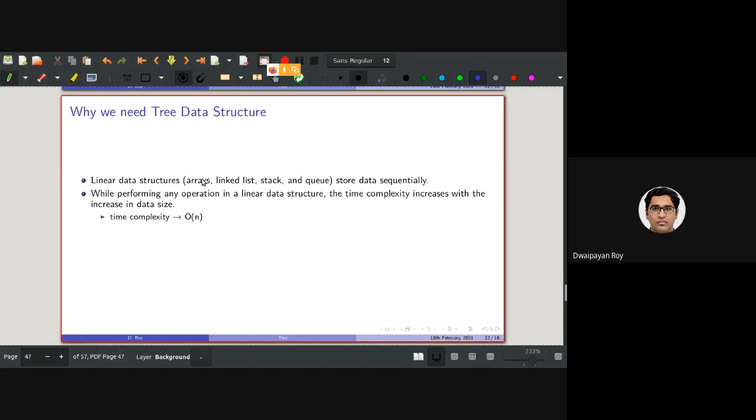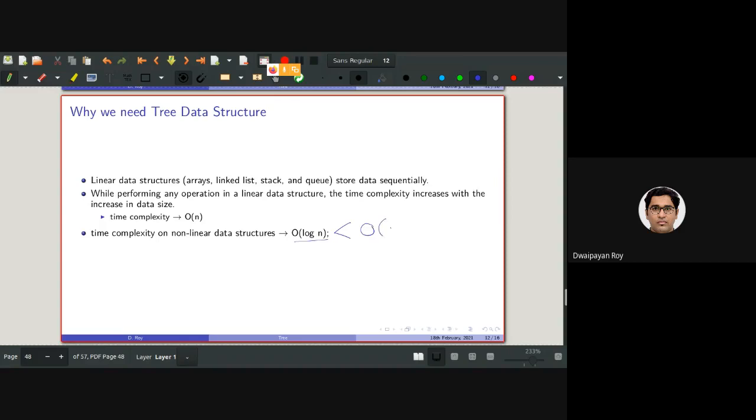The time complexity can be order of n, where n is the number of elements, and if the value of n is quite large, the time complexity will be very high. But in the case of tree data structures, or in general nonlinear data structures, the time complexity can be reduced to order of log n. As we have discussed in the earlier course, order of log n is of course much less than order of n.